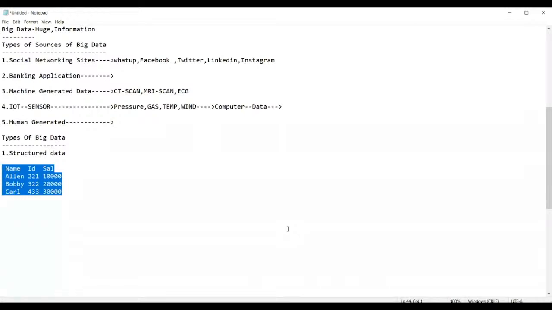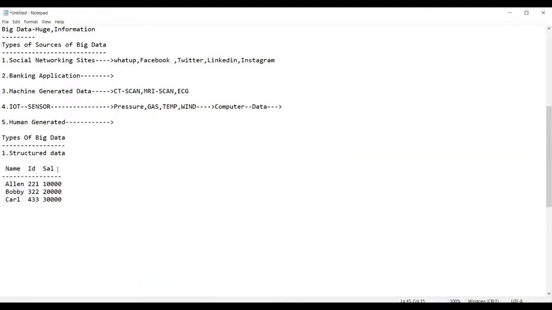Can you see here, guys, this is the data. In which format is this data? It is in the proper format of rows and columns, or not? These are the rows and these are the columns. Am I right, everyone? This kind of data is proper data. Hence, it is called structured data.